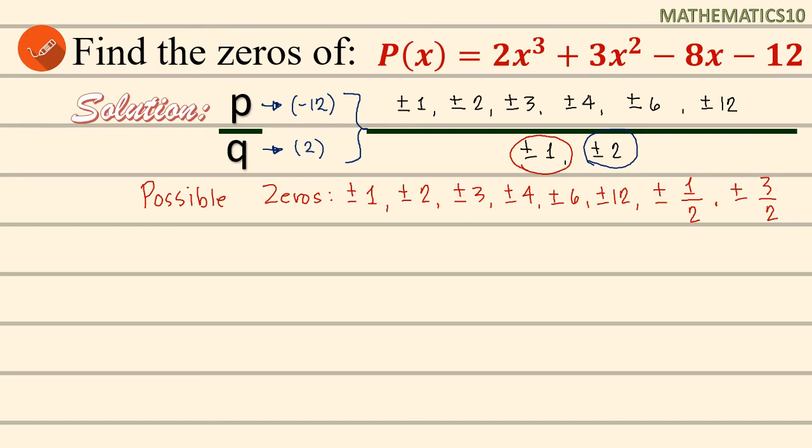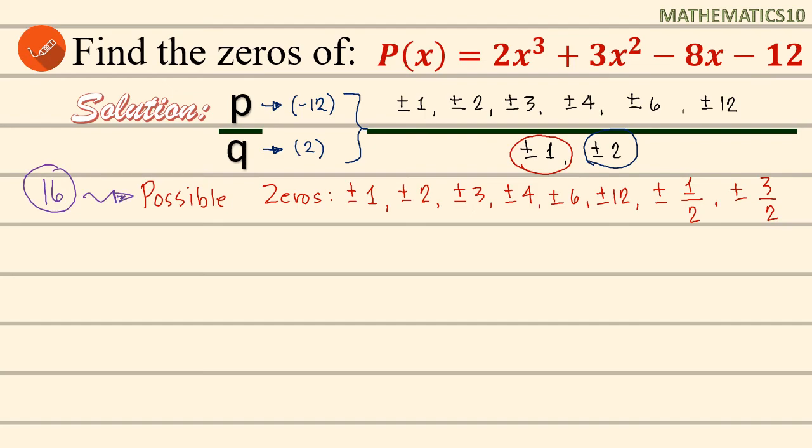Now if I ask you how many possible zeros there are all in all, based on the given polynomial function, you simply count 1, 2, 3, 4, 6, 12, 1/2, and 3/2. So we have 8 values here, but we have both positive and negative, so you simply multiply by 2. So 8 times 2, we have 16 possible